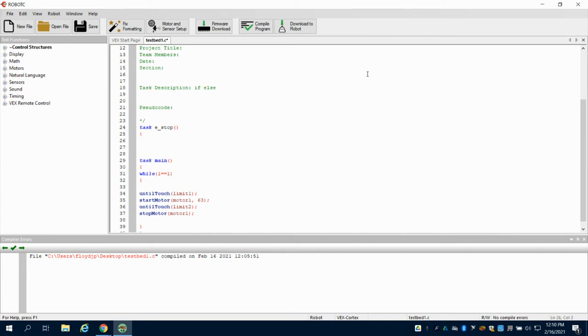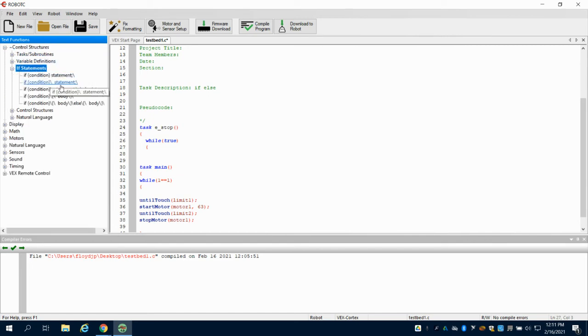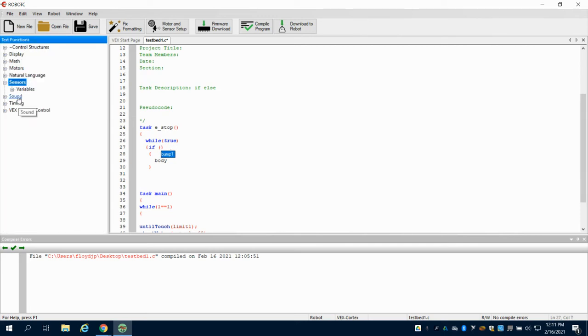And what I'm going to do is bring in my while loop, and I'm going to say while true, I'm going to open it. Then let's come to my control structures and grab an if statement, the if body statement. I'm going to grab this in here, and the condition I want is if my bump1, and I can come down to my sensor value, if my sensor value on bump1 equals 1,